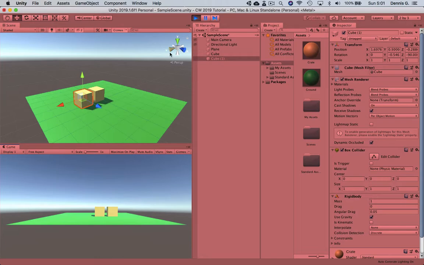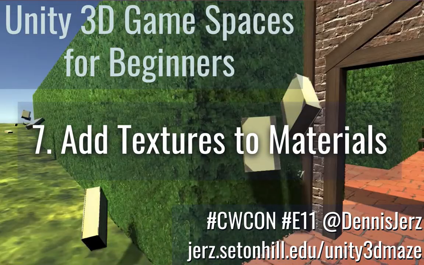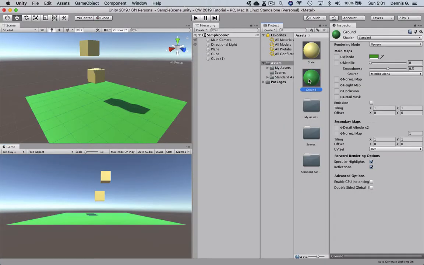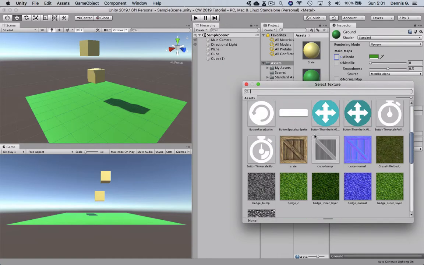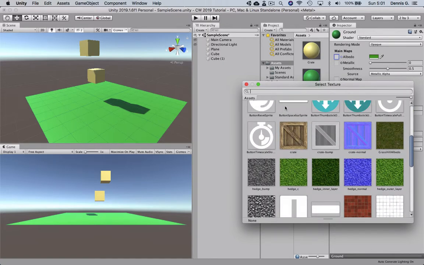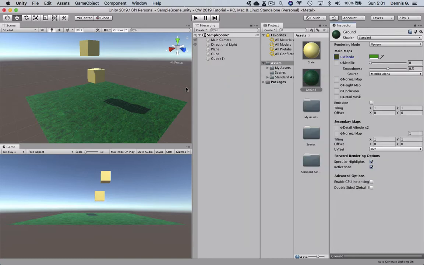There we go. Let's now make this world look a little better. Click the triangle to end the game. I'm going to click here on the ground texture, and see this little circle next to the word albedo? That's just the surface color of the object. You'll get a texture picker. Click here on this one that says Grass Hill Albedo, and already the texture looks a little bit better, but